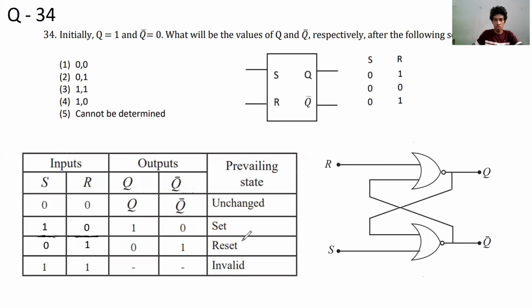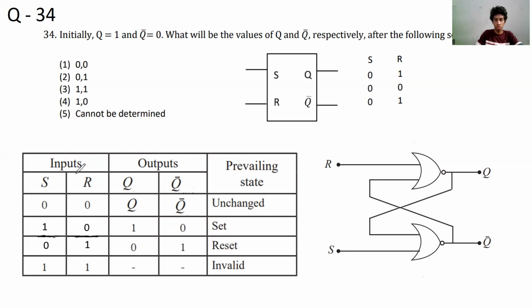So this is the truth table of the SR flip-flop. And in an SR flip-flop, there are two inputs called S and R. That means the set and the reset. And there are two outputs called Q and Q bar. So usually Q and Q bar should have opposite values because they are named Q and Q bar, that means the opposite of Q. So now let's analyze the truth table of the SR flip-flop to find out the outputs for different combinations of